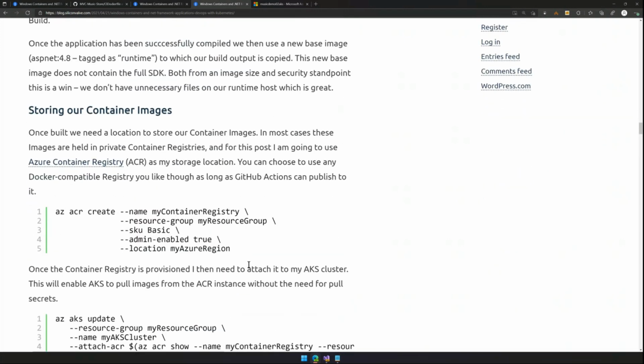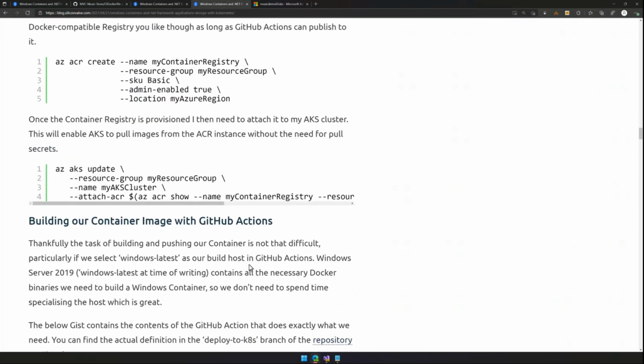All right. So once we built those container images, we need to put them somewhere. So if we use something like GitHub Actions, when we build that container image, that's great. We've got a container image, but if we just go, that's awesome, and do nothing with that container image, the build host or the build agent will go away and our container image will disappear because we haven't published that image anywhere.